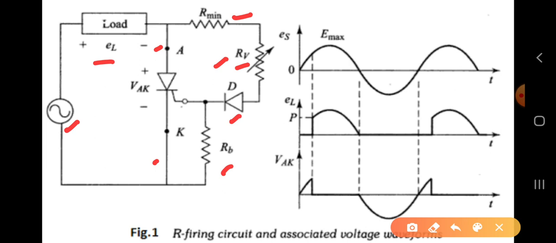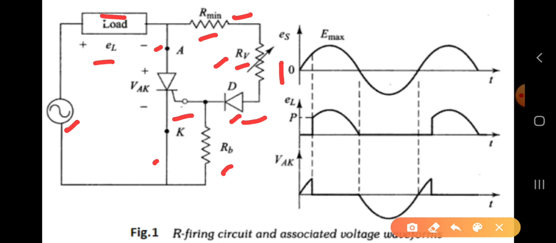You have kept it initially at R0 and the supply is moving, the current will start flowing from the load, from here through the R minimum and again from the RV and through the diode, where it goes to the gate terminal of the SCR. So now R is 0, the triggering angle is minimum. So now we can say the triggering angle is minimum. With the triggering angle minimum, current is flowing heavily and it is directly given to the SCR gate.